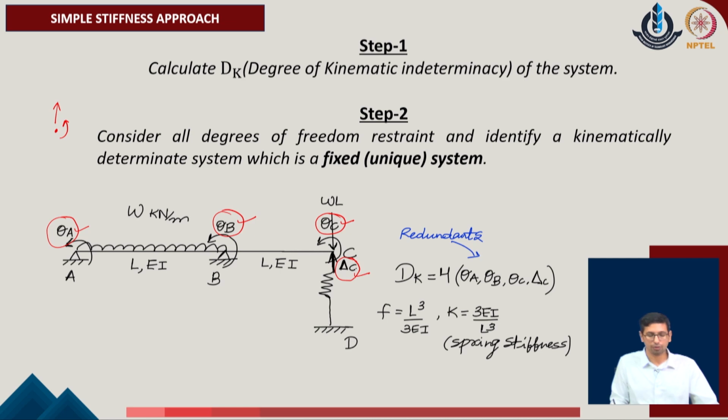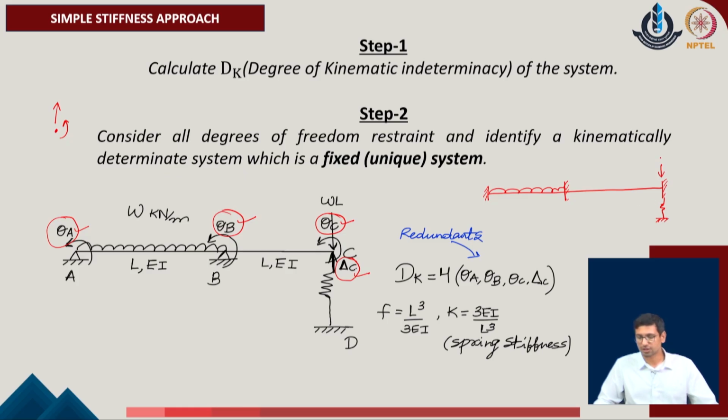If you want to convert it now into a static kinematically determinate system, the procedure is simple. We consider a system which is fully restrained for all the degrees of freedom, and in this manner we eventually identify a system like this, in which all these degrees of freedom are now fully restrained. The system cannot move at any of the points, and now this is subjected to the external load which has been defined in the original problem.